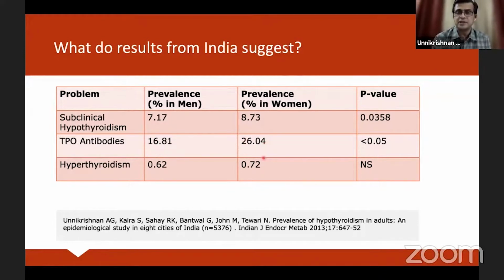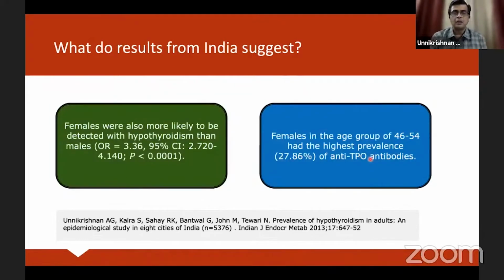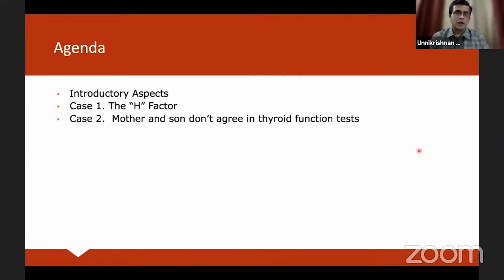16.8% in men and 26% in women, showing you that women had a higher chance of anti-TPO antibody positivity. And women were also, in our study, more likely to be detected with hypothyroidism compared to men, the odds ratio being 3.36. And women in the age group of 46 to 54 had the highest occurrence of anti-TPO antibodies. So having looked at that,